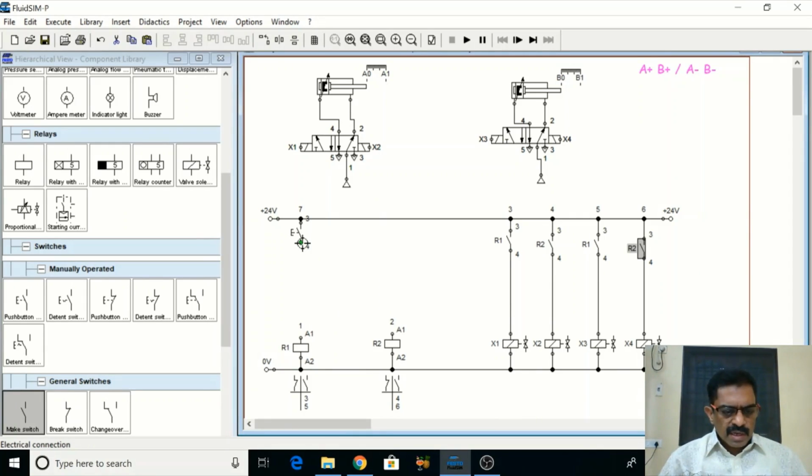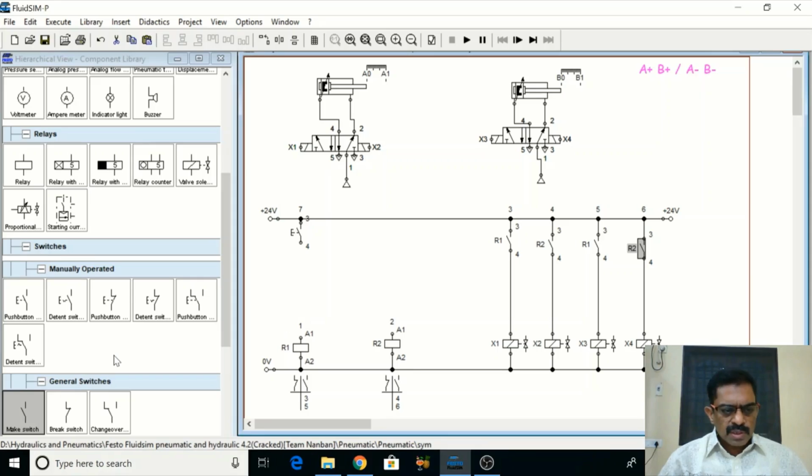So here I have to choose latch also I can do. Before that, let me choose the terminating function. So terminating function here is nothing but B0. So B0 is my terminating function.